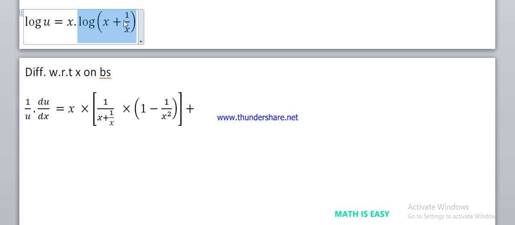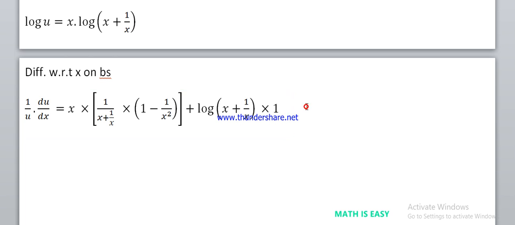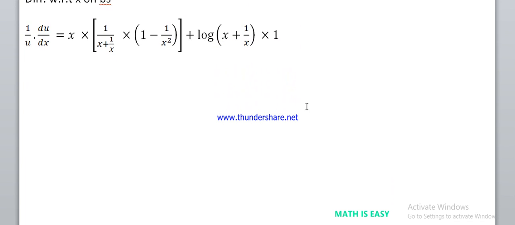V means this is the v term, so that will remain as it is. V into derivative of u. Derivative of u means derivative of x. Derivative of x is just 1. So next step, if you want, you can further simplify. What you can do here is keep du by dx as it is, which is equals to this x multiplied by,